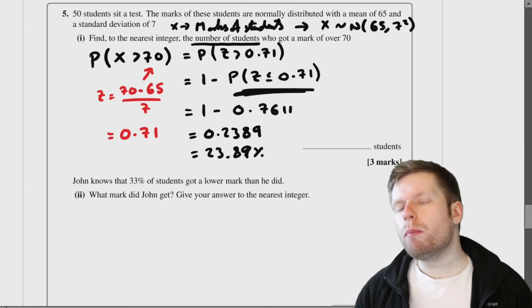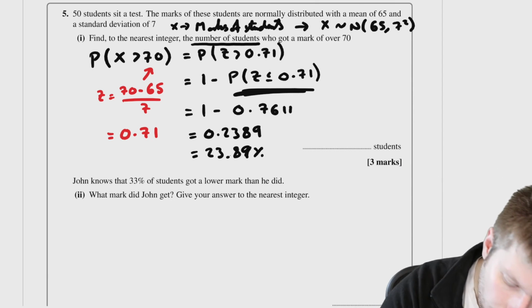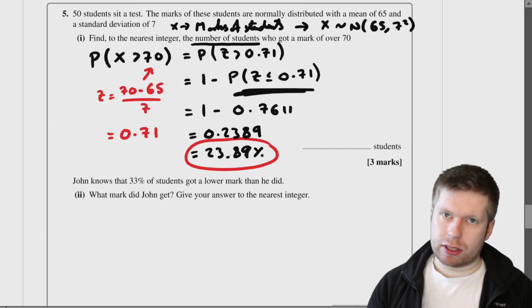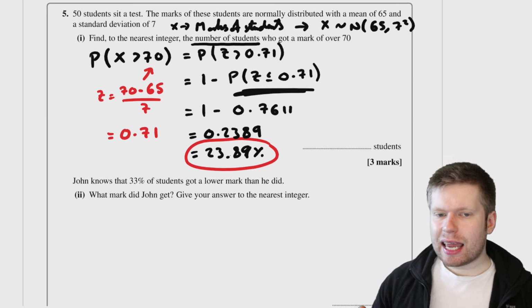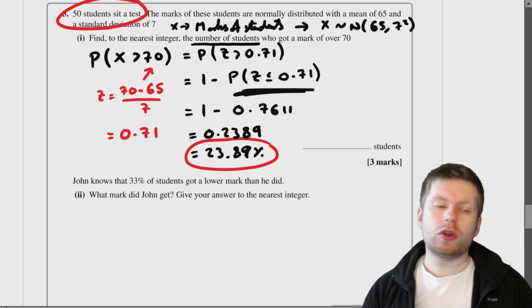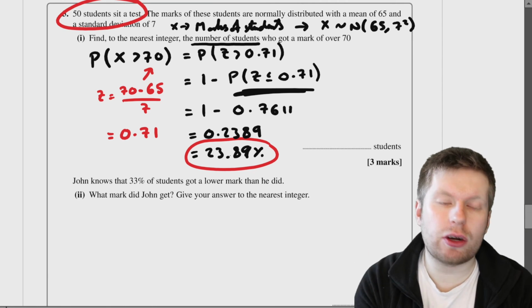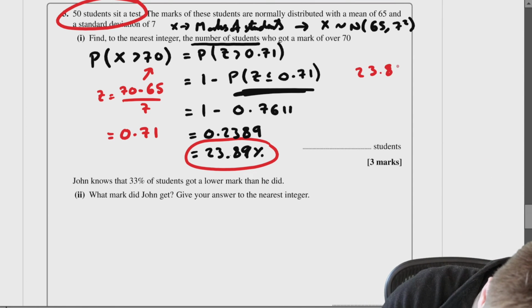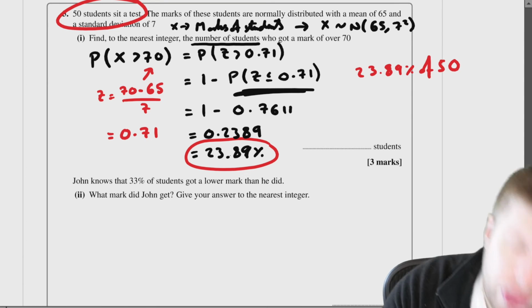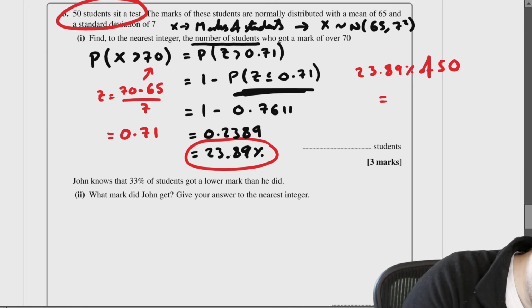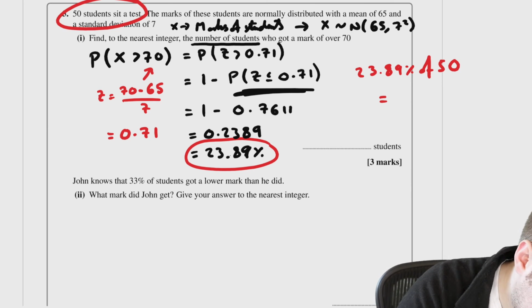So if I'm looking for the number of students, what I'm going to have to do is say, well, look, I know that 23.89% of students got a mark over 70, which means that I need to say, well, how much is 23.89% of the original 50 students that sit a test? Because I know that 23.89% of all students that sit a test get a mark over 70. I need to ask, what is 23.89% of 50 to work out the number of students who got a mark over 70? So if I just work that out, that's going to basically be 50 times my 0.2389, my 23.89%. So that should be